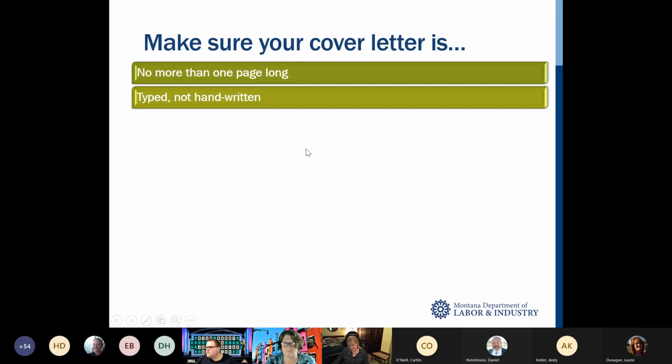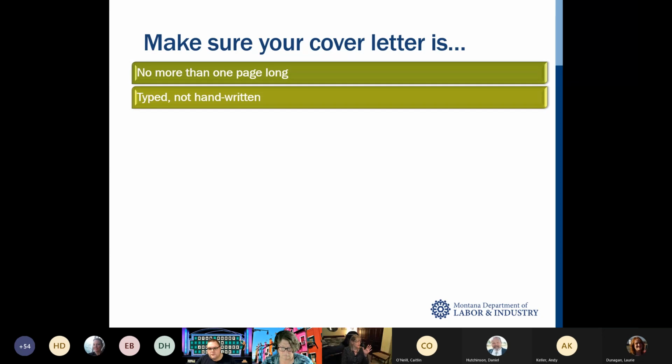Type, not handwritten. Yeah. That's to me a given, but not necessarily. The beginning of the pandemic back last spring, I had a gal that said she needed help with her resume. And I said, do you have, she said she had an old one, she needed it updated. And I said, sure, do you have an electronic version? She said she did not, but that she could drop it off. So we had her drop it off in our Dropbox. And what she dropped off was a